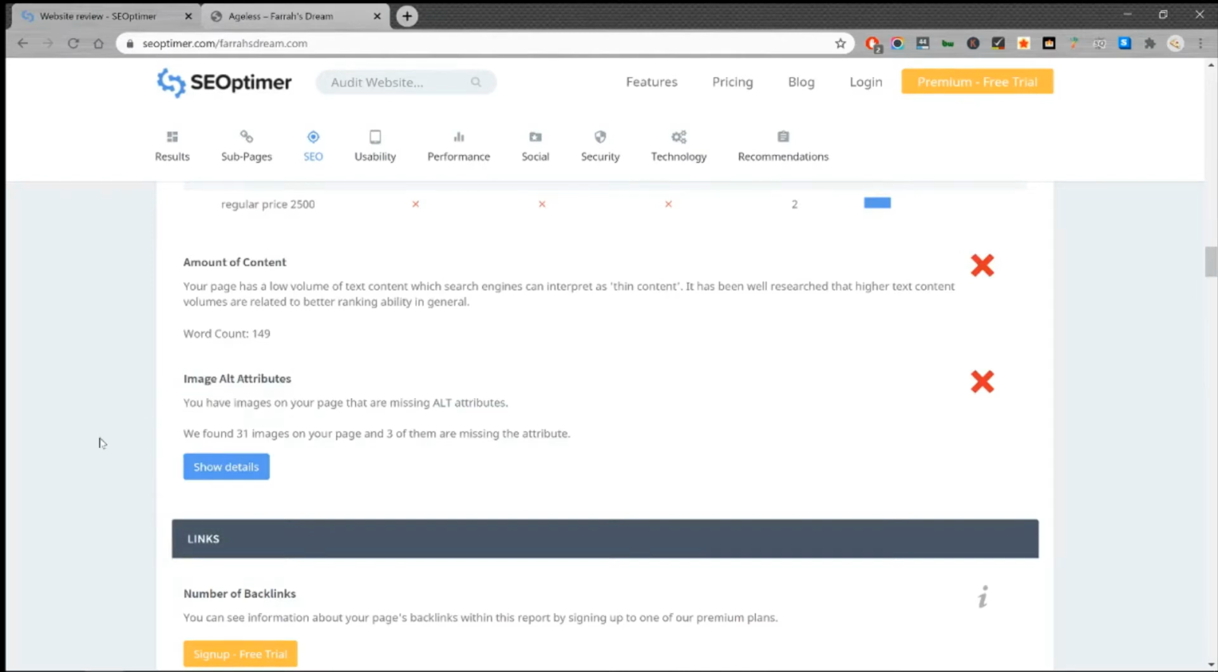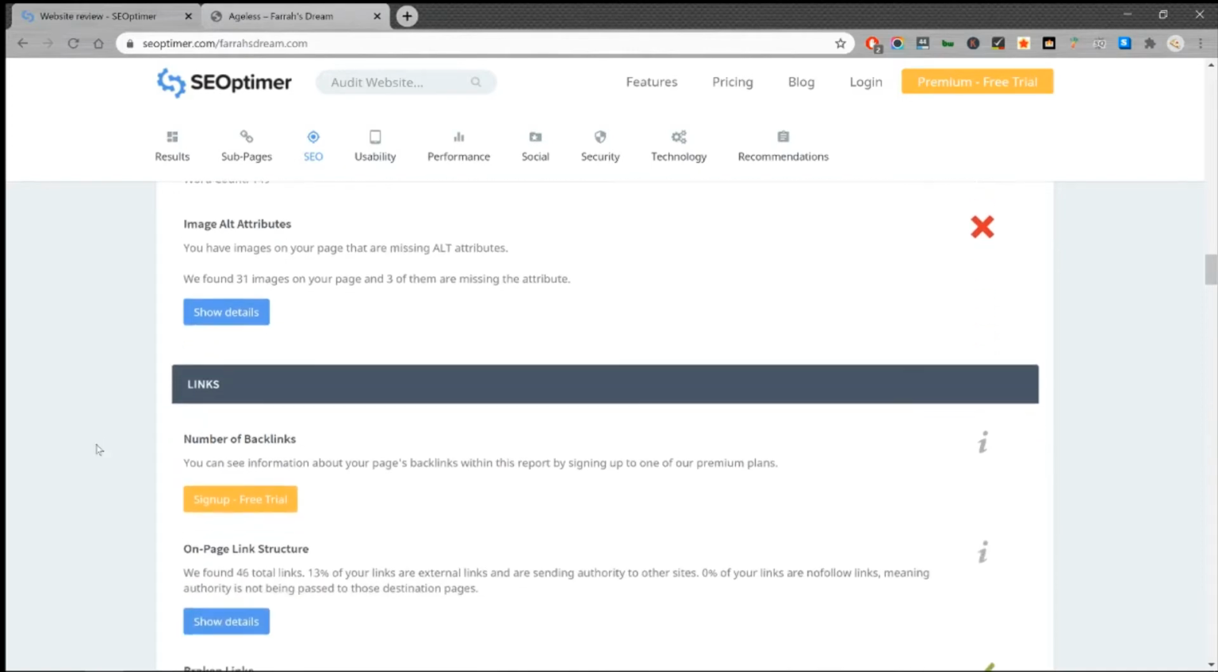It is worth mentioning that you want to put your targeted keywords in the alt attribute description. So for example, we were talking about ageless earrings. You want to put ageless earrings right in the description. And that's just another way for Google to know what your page is about. Going down,